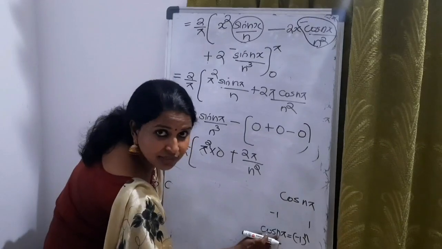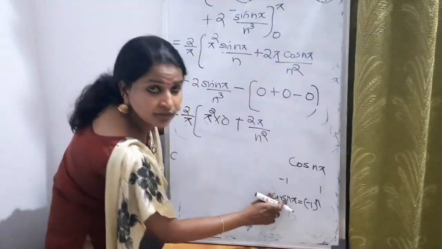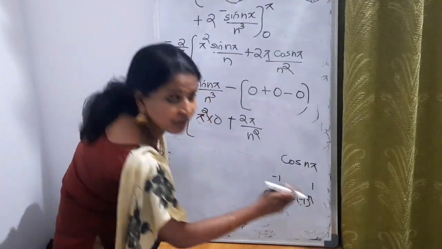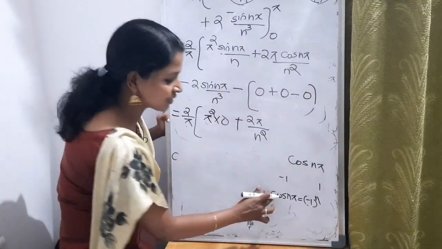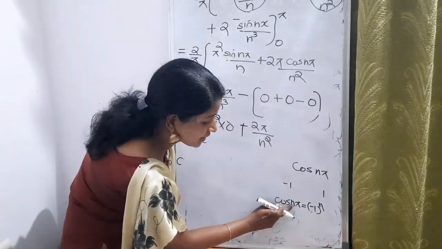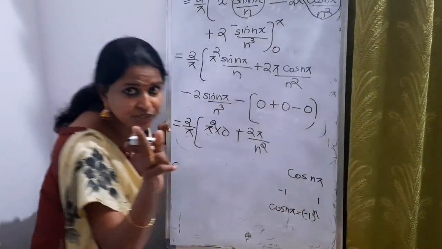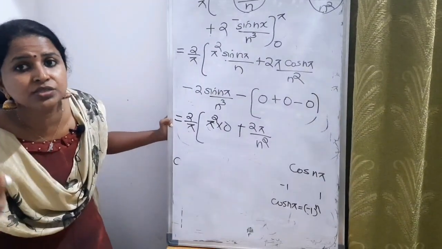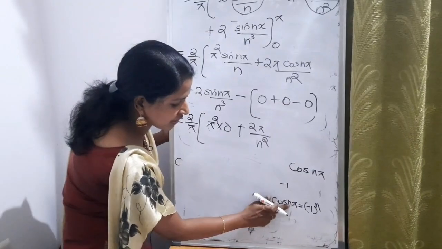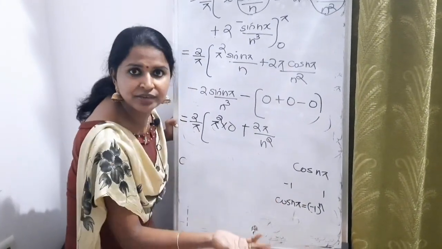Here suppose n is 1. n is 1 means it is odd. So substitute 1: minus 1 raised to 1 is minus 1. That is, cos 1 pi is minus 1. Substitute 3: cos 3 pi is equal to minus 1 raised to 3, which means minus 1 into minus 1 into minus 1. That is negative 1. So when n is odd, we get minus 1.